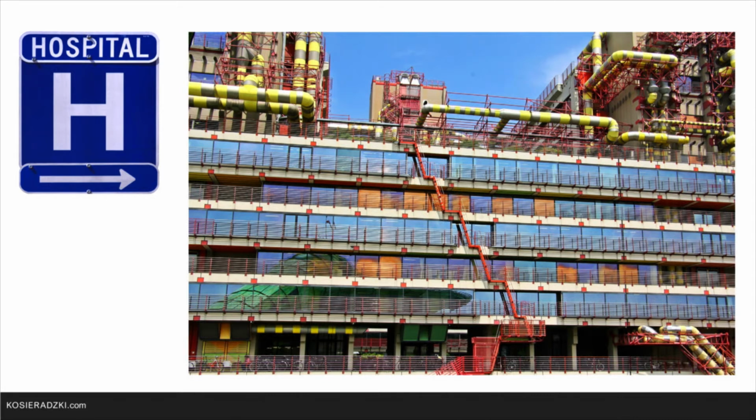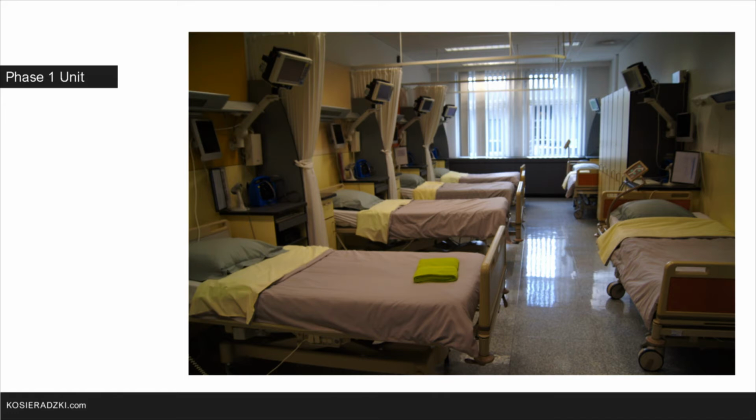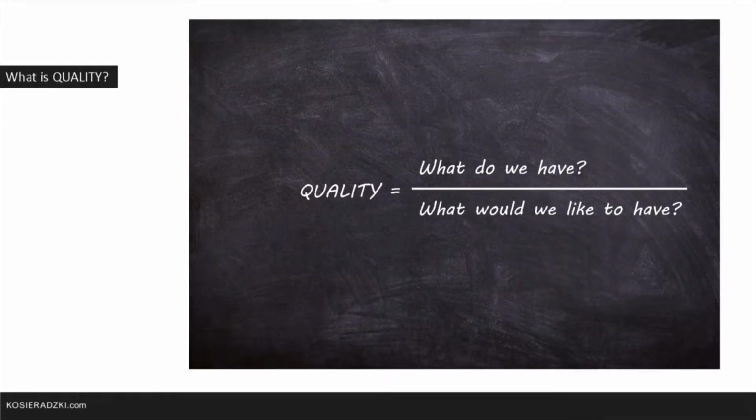Some phase 1 units are in the hospital setup, and they are basically dedicated to clinical trials that could not be performed with healthy volunteers, only with patients. And there is another setup, which is, for example, the Biokinetica case, or this clinical pharmacology unit, a dedicated phase 1 unit. What is really important is that there are similar setups, and for the quality, it's very important what we